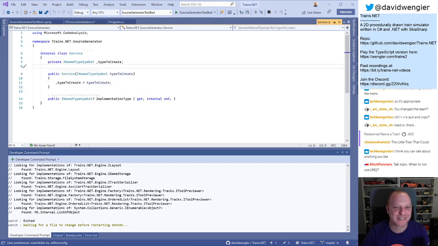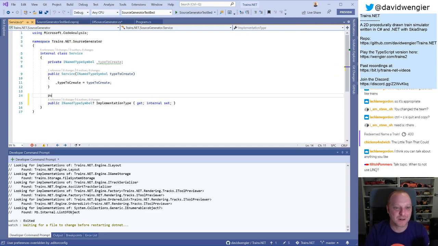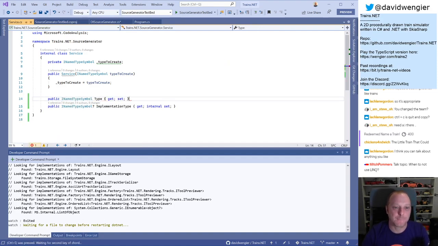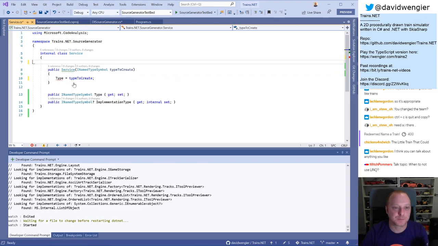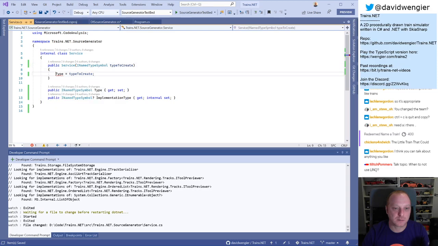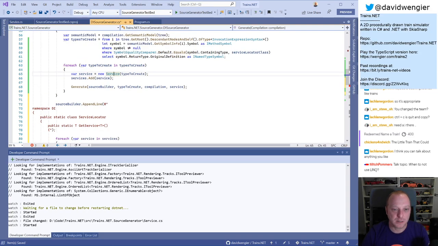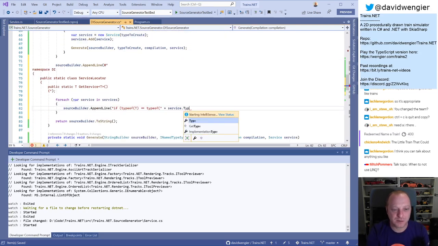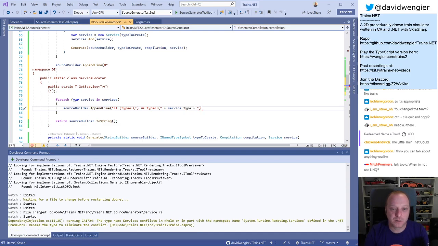Type to create, yes. Let's name it type symbol. Let's just call it type. Underscore. What's wrong with that? Add this. Okay. All right, so back to here. Is this thing constantly going? Why is it doing that? I'm not saving these files, am I? Maybe I am. Right, so if it's the type we want, another bracket,